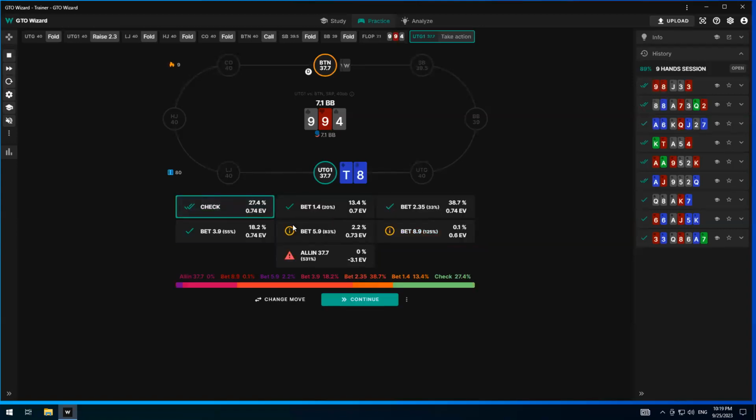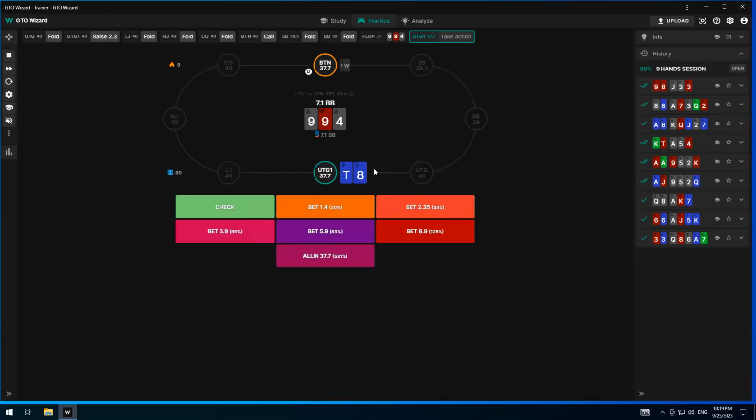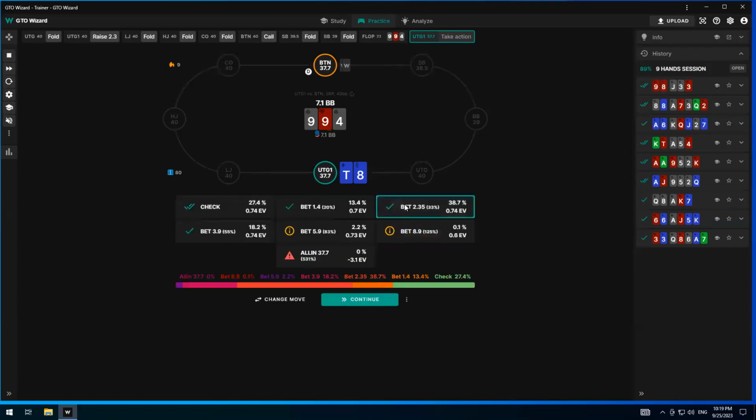So it is primarily mixed betting. Yeah, so you certainly can check this hand. Again, I think this is going to be a check call as opposed to a check raise because it doesn't have a spade. I'm surprised that it is actually betting this frequently. No, I think you have to check. I wonder if there's a blocker effect because we're blocking all the